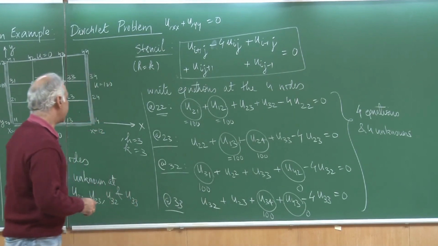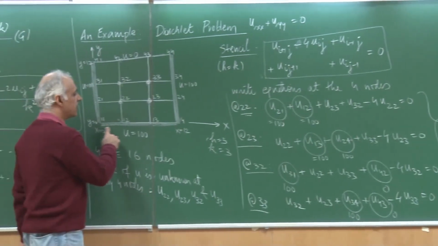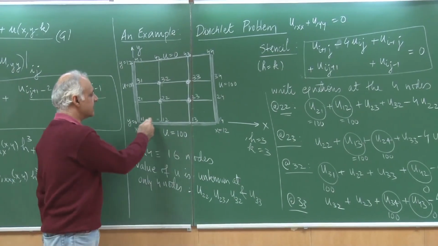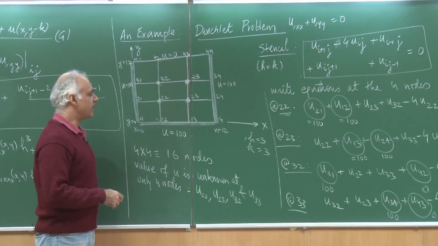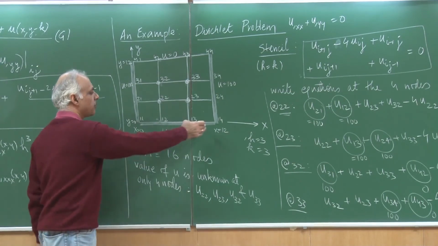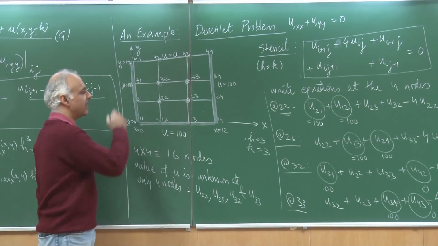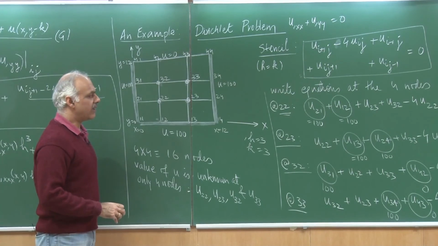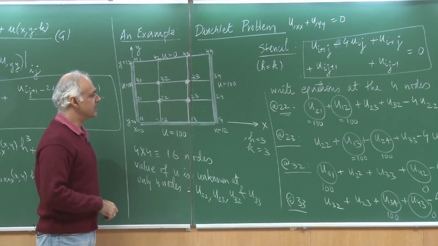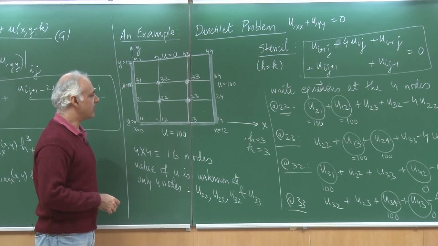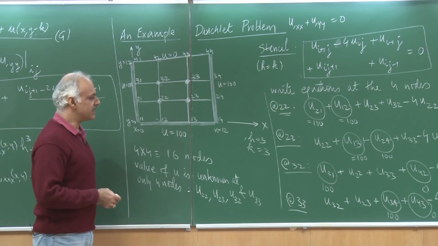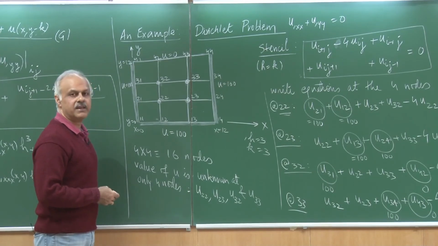If I take a larger number of grid points, so this was a grid system of 5 by 5, I could very easily expand it to a larger number of grids. Suppose I had 1000 grid points in the x direction and 1000 in the y direction, then I would have a large number of unknowns, and I could still form this equation on a computer and solve for them. Of course, the effort required would be larger, and perhaps I would get a better approximation.